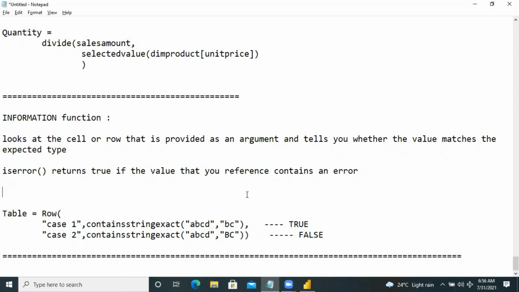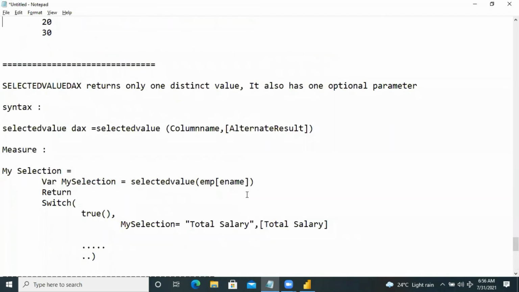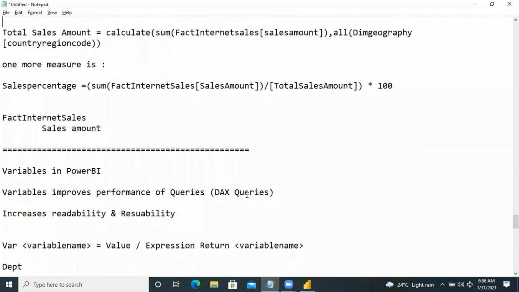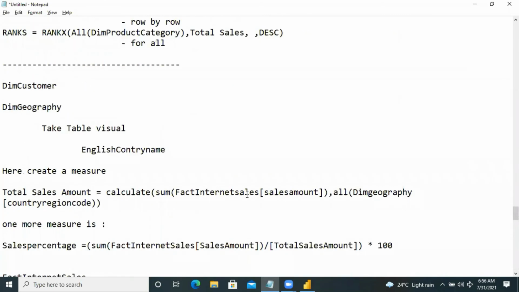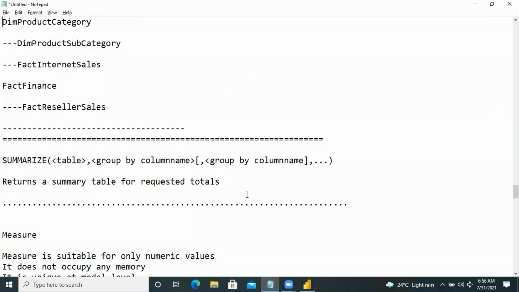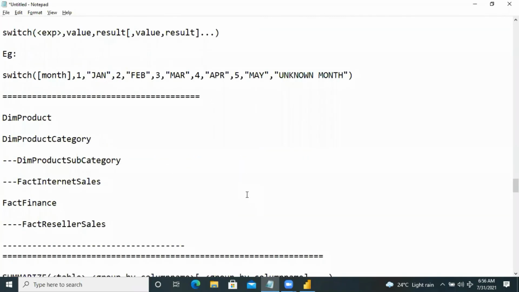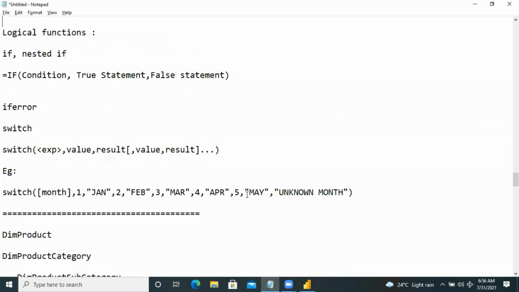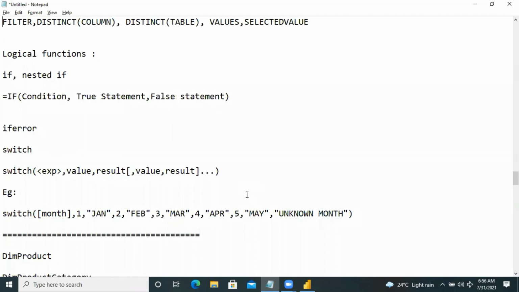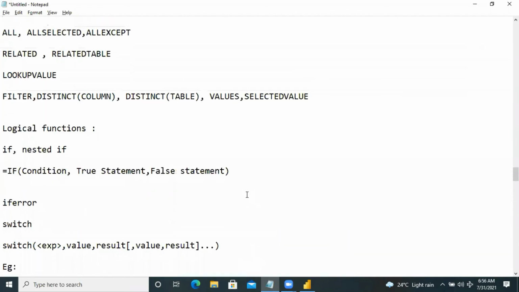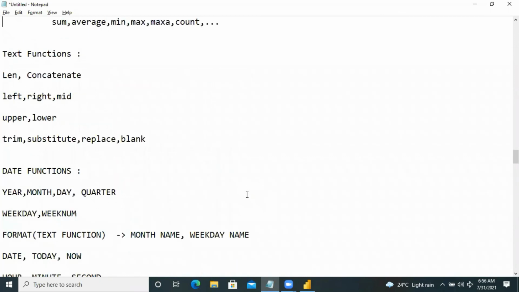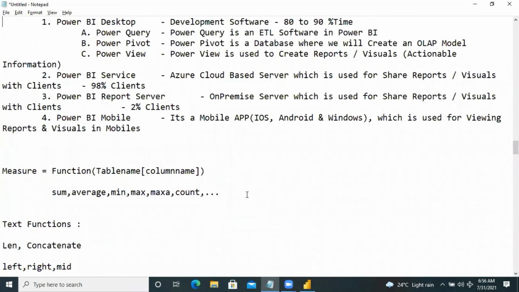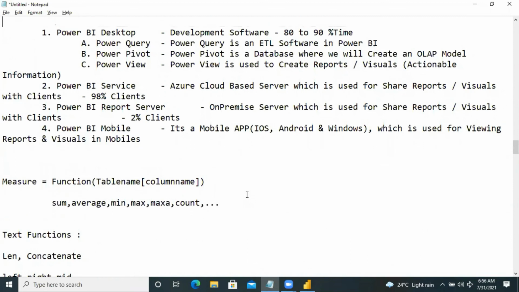Take the new measure and apply the ROW function here. Once you have done the practice of all the DAX functions which I listed, and variable declarations and the rank function, friends, then we'll practice security in Power BI. And how can I apply conditional formatting in Power BI? How can I create dynamic dashboards? So these are all the parts we'll discuss: dynamic dashboards, security in Power BI and conditional formatting.